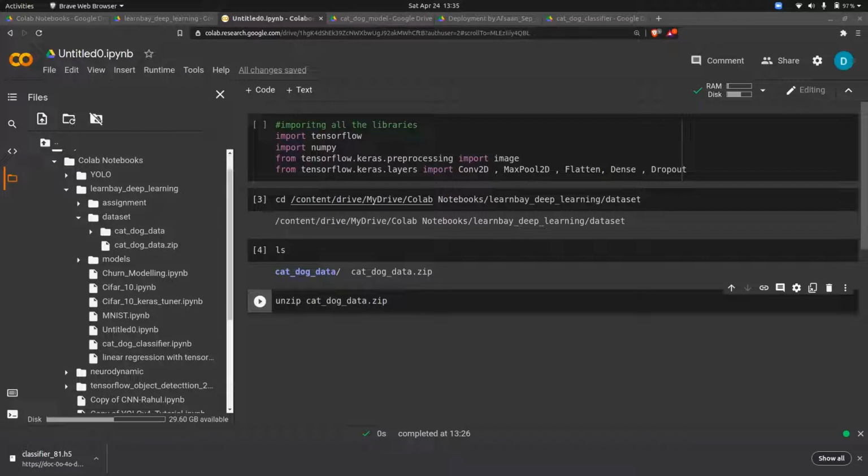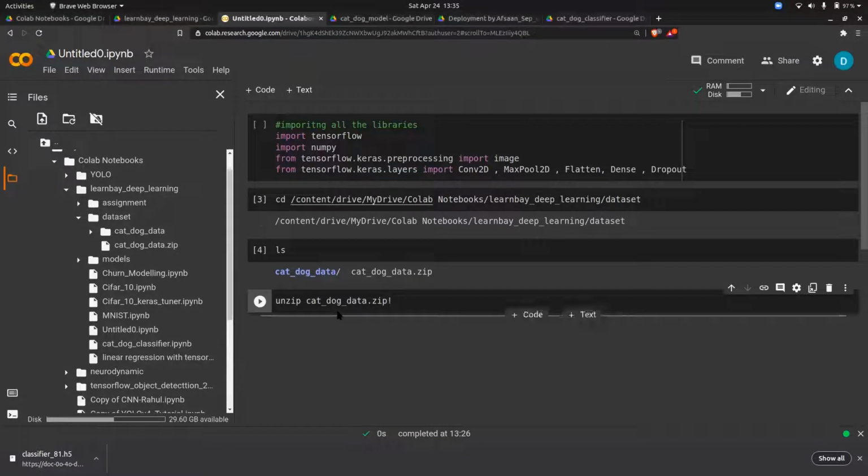Afsan, I'm getting an error: invalid syntax. Same invalid syntax error. Do one thing: just put an exclamation mark at the start, like this, and press shift enter. Then try.